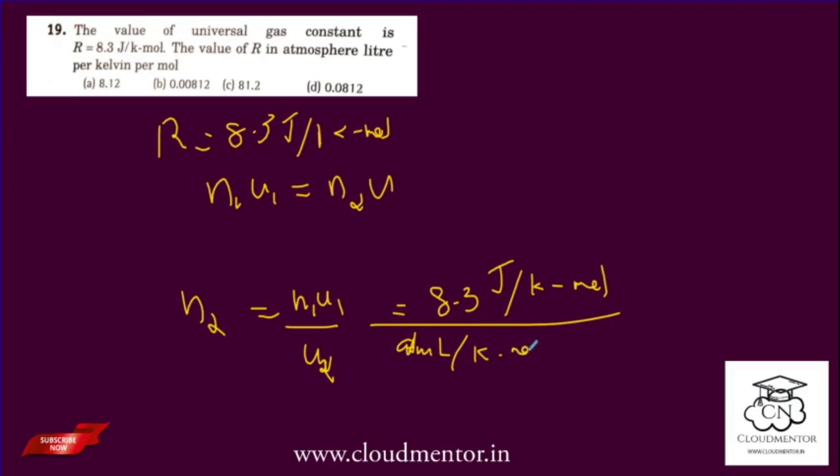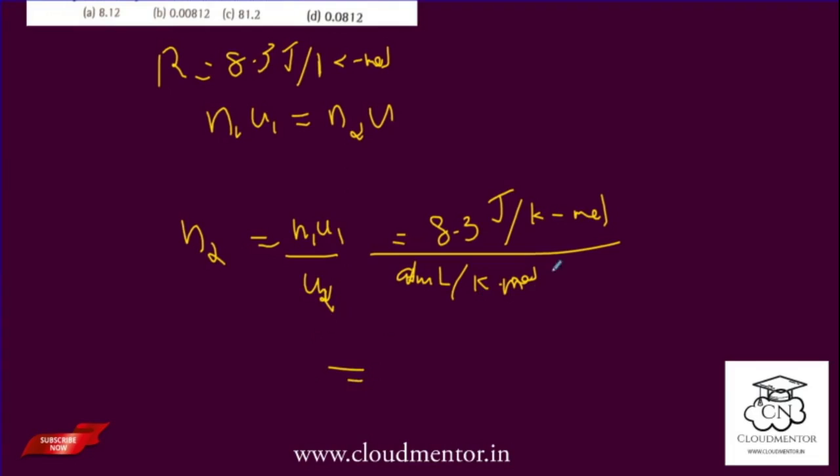Now we have to find the value, that is 8.3 joule divided by